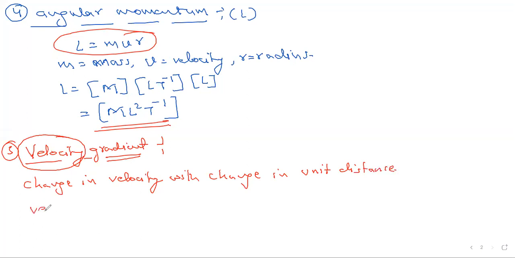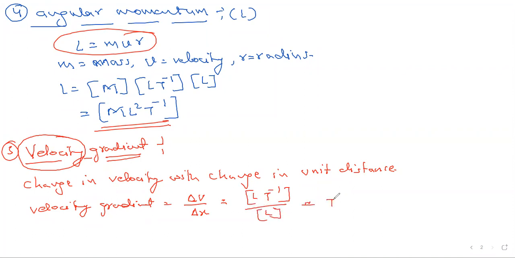So velocity gradient is delta v upon delta x. Distance is x, v is velocity. If you see the dimension formula of velocity, this is L T minus 1 upon L. L is cancelled, this is T minus 1. So you see velocity gradient has the same dimension formula as frequency, but these are two different